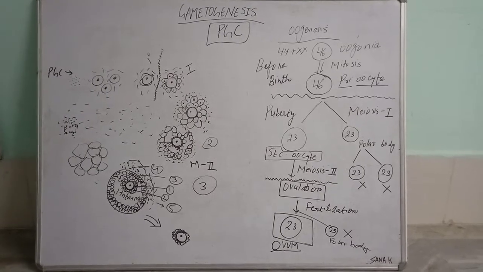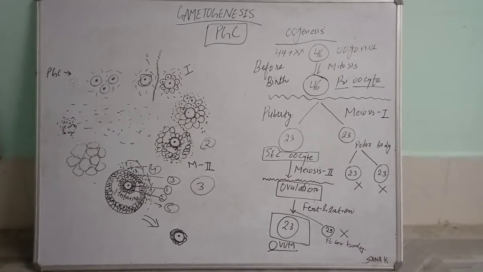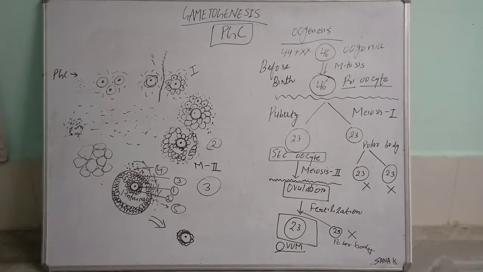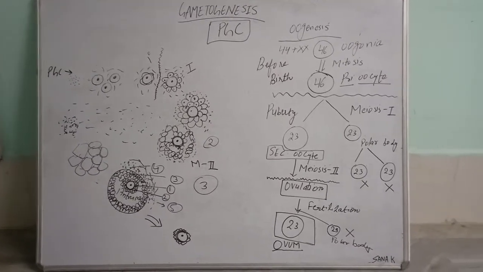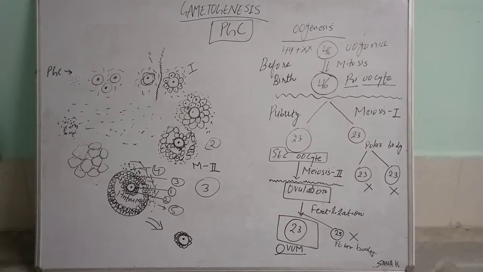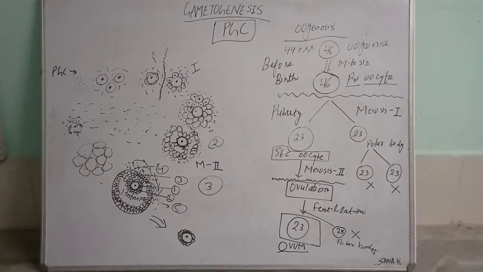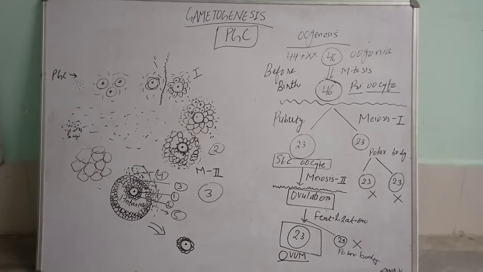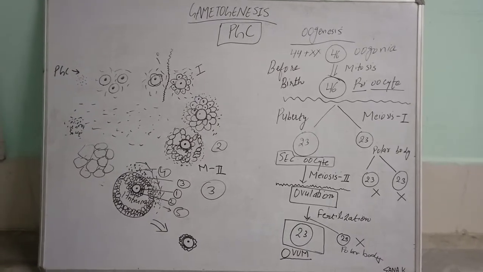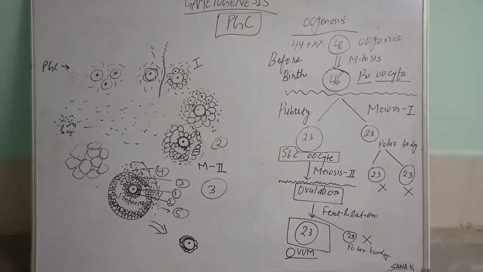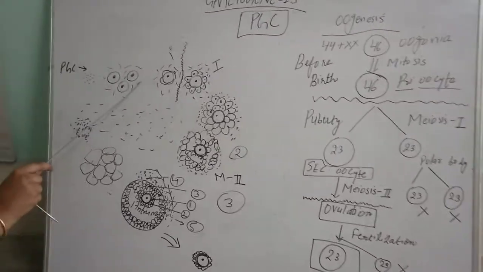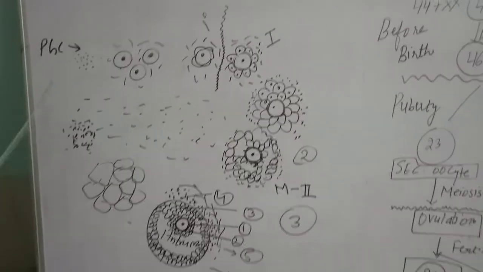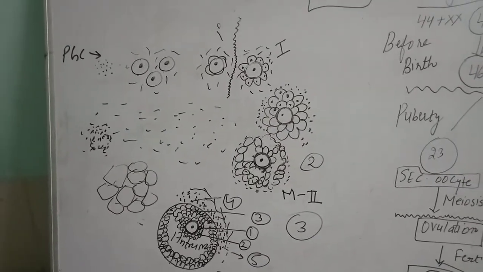Hello everyone. I have already posted a video on oogenesis, as I already told that it is a complex process in which there is a formation of ovum from the primordial germ cells, and along with that some cyclic changes occur in the cortex part of the ovary. The ovary is a female gonad and it is divided into the cortex, the outermost part, and the medulla. Some cyclic changes occur in the cortex part of the ovary